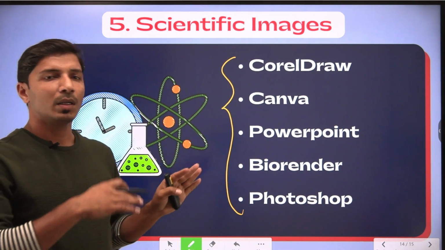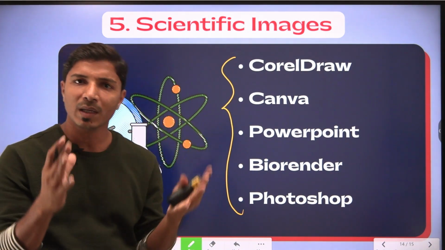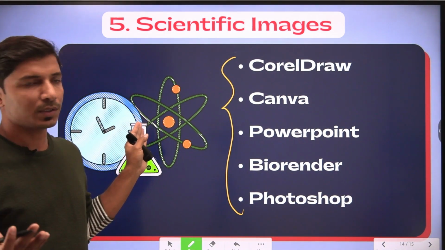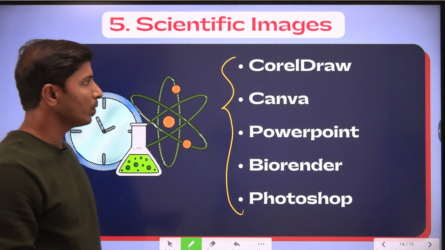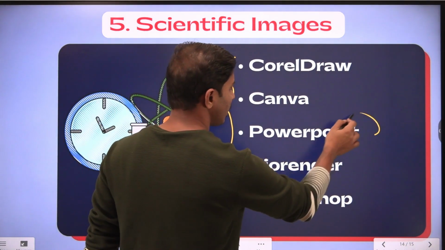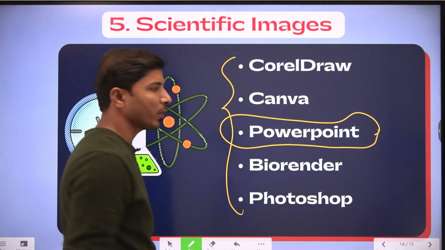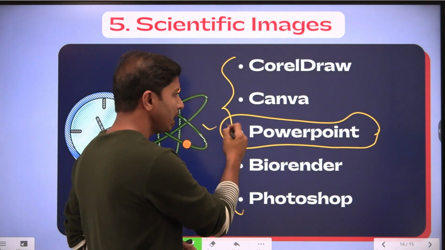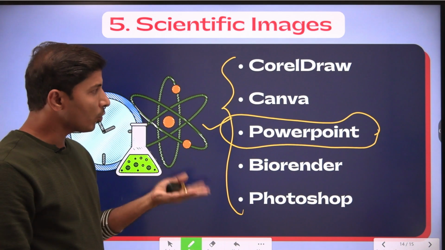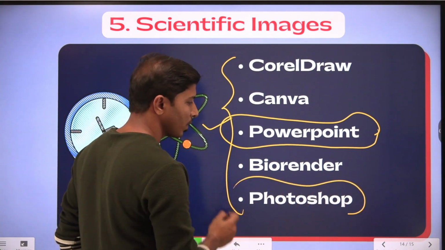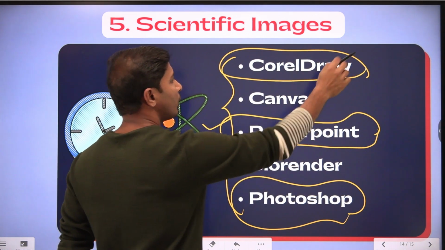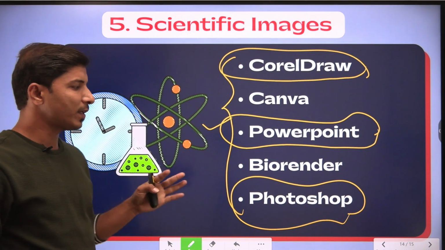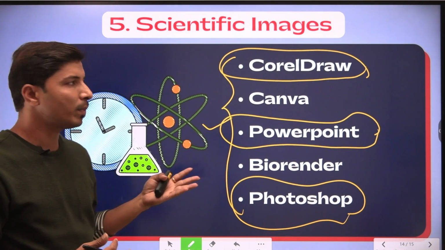It is also important in order to demonstrate any experimental setup in a research article, and even while writing your thesis or dissertation. So there are several options available to you. You may use, see, this is the common PowerPoint. Microsoft PowerPoint is commonly used, for example, to prepare your graphical abstract. Along with it you may use Photoshop and CorelDRAW, but these are not free tools, you have to pay for them, and these are also heavy tools. The user interface is a little difficult, you have to learn this and then only will you be able to do it.